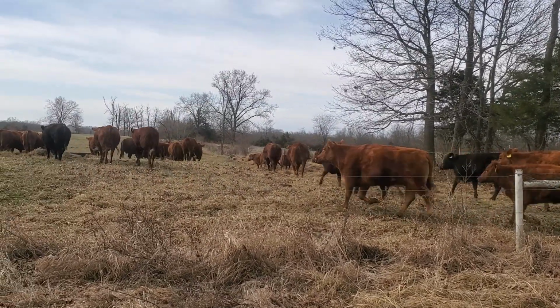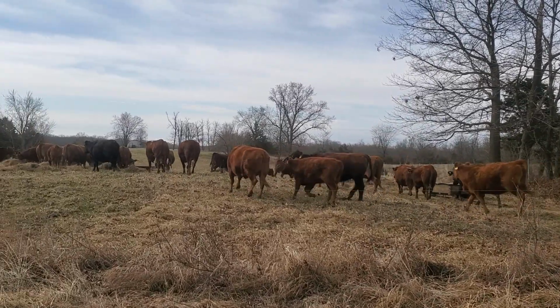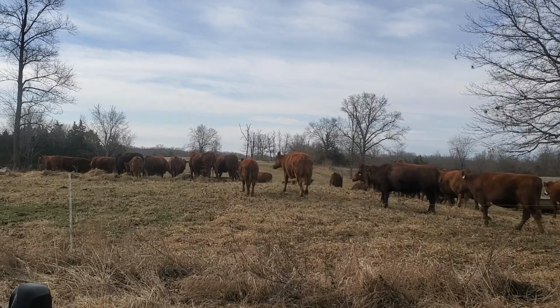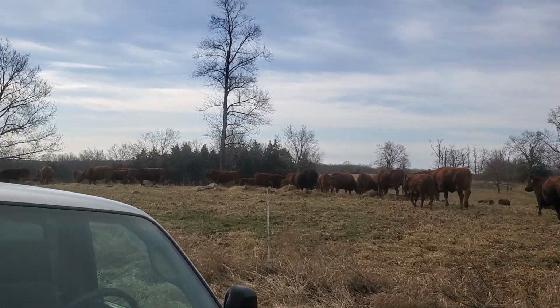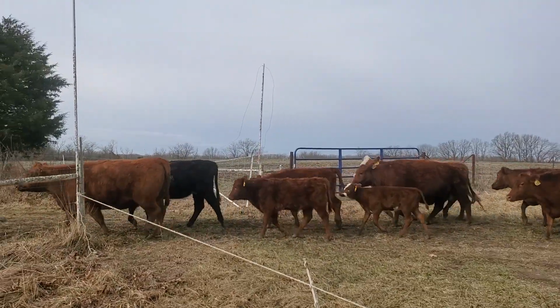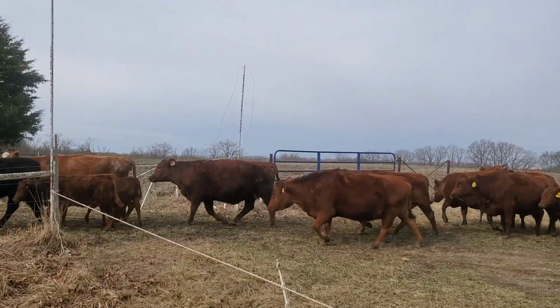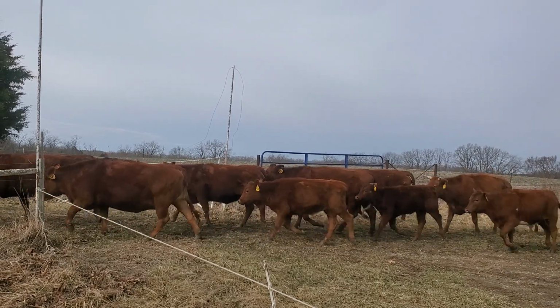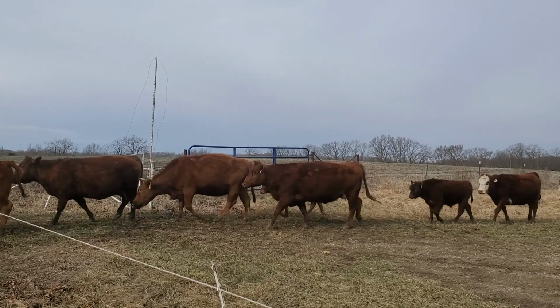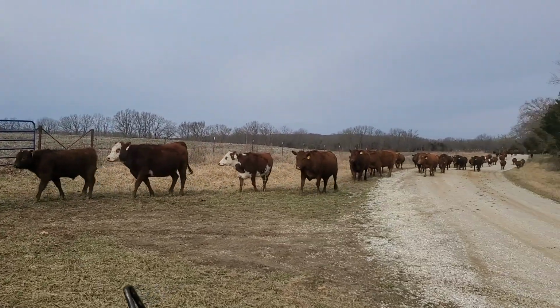I'm going to show you here in a minute. Cows are kind of up there right now sniffing on it, freaking out a little bit. Like, what is that? So we're going to have a lot for the neighbors to talk about when they see what we're doing now. It's going to be fun. So we've got a new development we're trying, and I'm going to show you that this morning as soon as I get all the